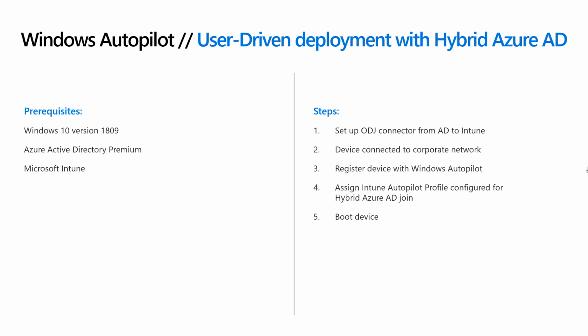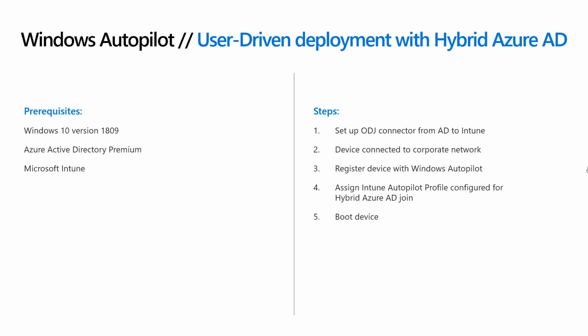It's nothing new here, no new technologies from the future. It's just offline domain join. You have an offline domain join connector from on-premise Active Directory to Intune. Your device must be connected to a corporate network, not to a public network like Wi-Fi, but to a corporate